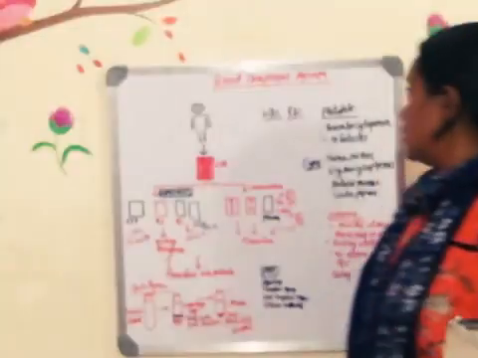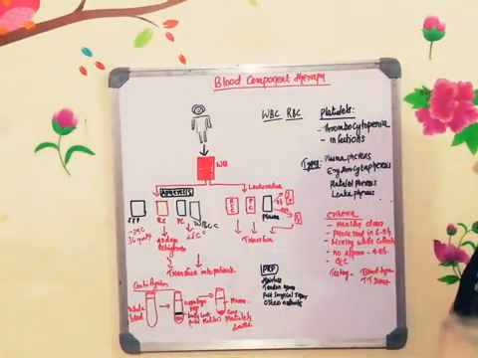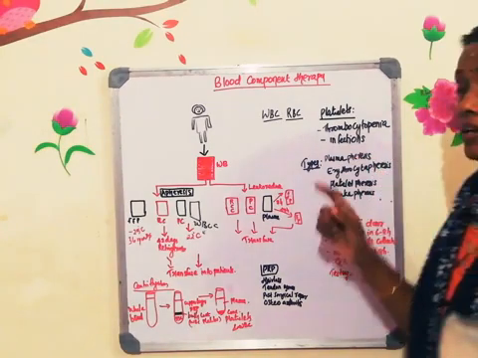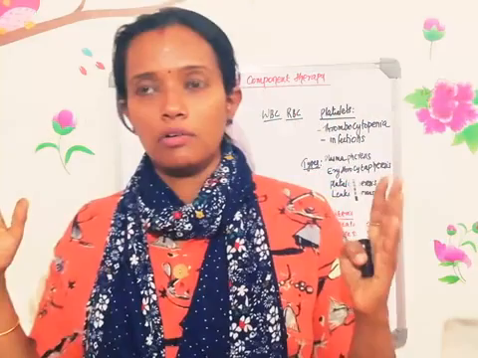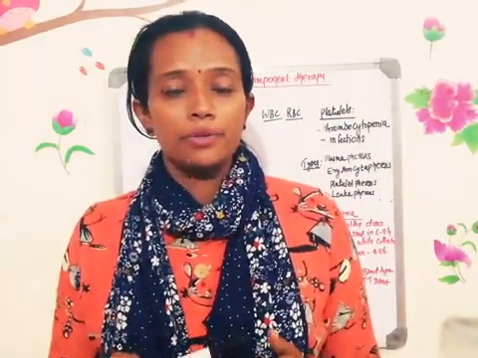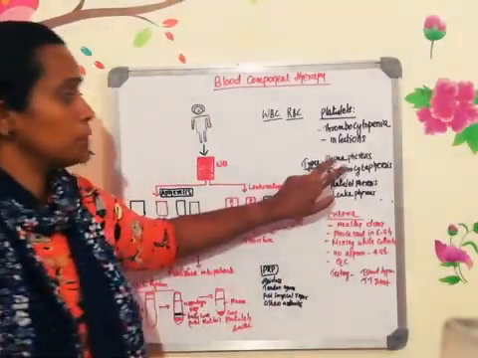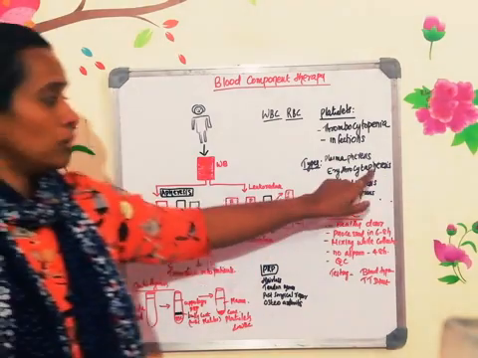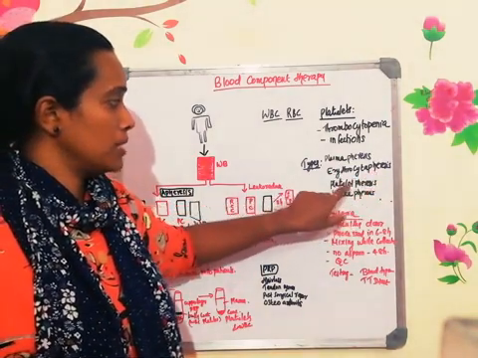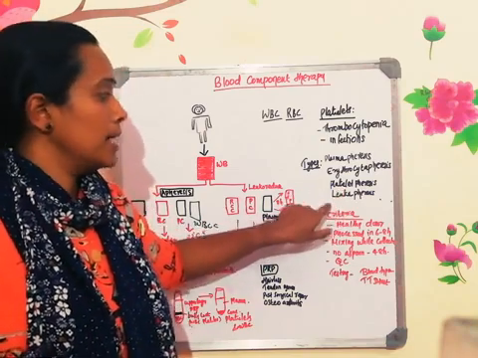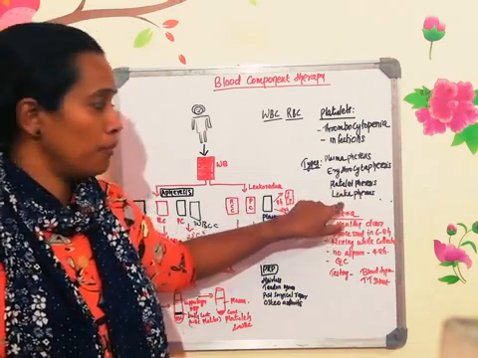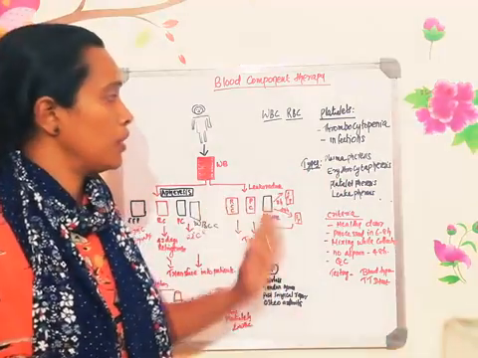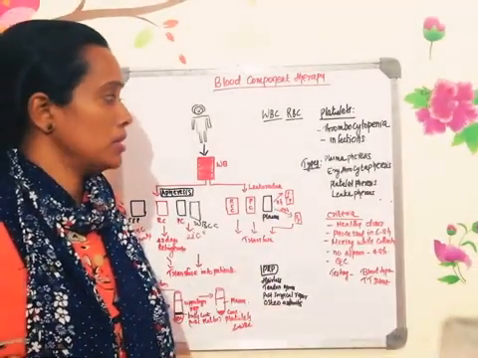Right? Now WBC, as I told you, there is plasmapheresis. The apheresis is a separation of all the components of the blood. Apheresis you can divide into 4 different types. What are the 4 different types? One is plasmapheresis. What do you mean by plasmapheresis? Separation of plasma. Erythrocytopheresis is the separation of erythrocytes. Plateletpheresis is a separation of platelets. And leukapheresis is a separation of leukocytes. So these are the 4 different types of apheresis. Depends on the need, you can go for whichever separation you need.